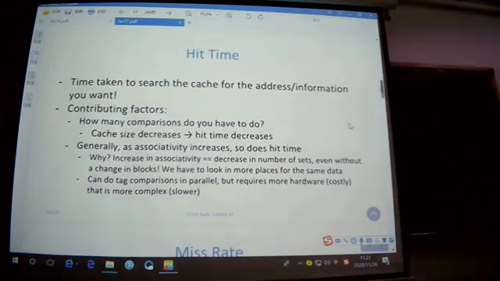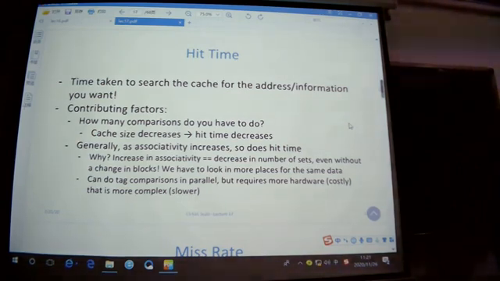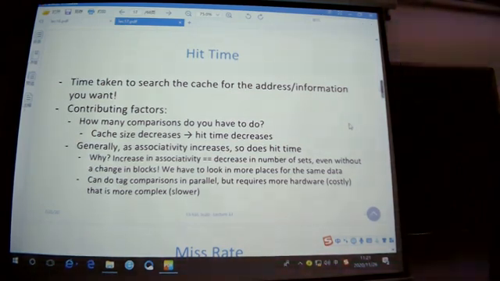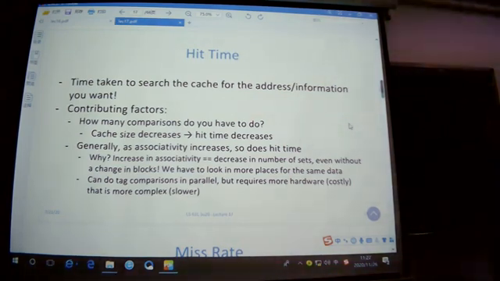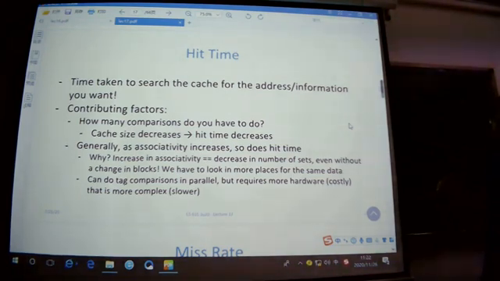Hit time is the time taken to search the cache for the information you wanted. You can find the contributing factors. How many comparisons do you have to do? You can find the cache size. As cache size decreases, the hit time decreases. But we don't decrease the cache size to very low. We can choose a compromise. So if we have a small cache size, the hit time has some conditions,